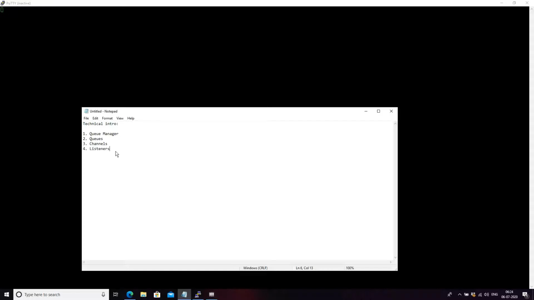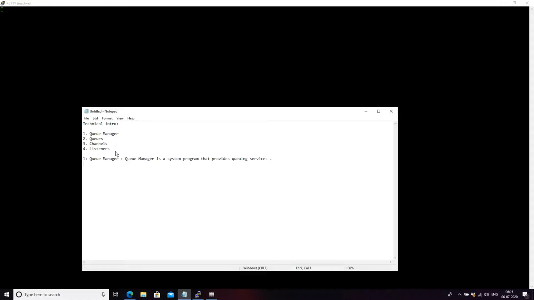Okay, first we will discuss queue manager. Queue manager is a system program that provides queuing services. What is meant by queuing services?